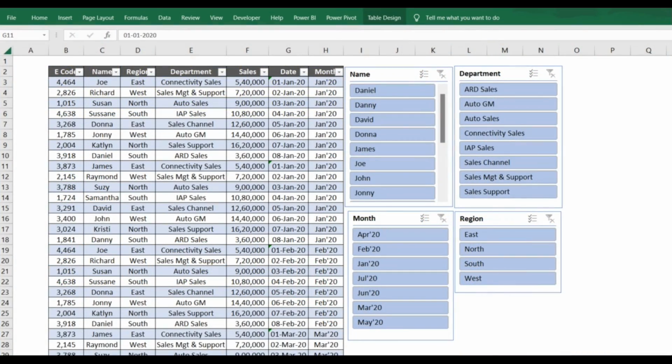हेलो एवरीवन, वेलकम। माय नेम इज़ हरचरण सिंह और आज हम सीखेंगे स्लाइसर्स एक्सेल में कैसे यूज़ करते हैं, क्या एडवांटेजेस हैं स्लाइसर यूज़ करने के, कहाँ कहाँ हम ये यूज़ कर सकते हैं और कैसे अपना टाइम बचा सकते हैं हम स्लाइसर यूज़ करके। तो चलिए शुरू करते हैं।